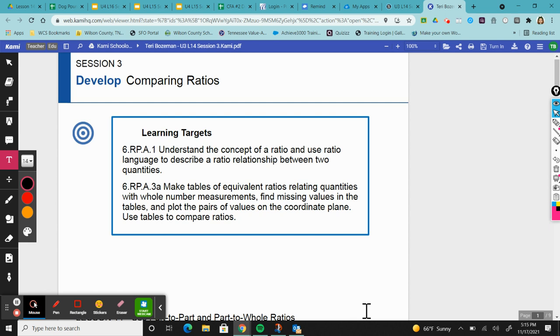Previously, we did sessions 1 and 2 together combined, and in that lesson, we looked at our steps for comparing total parts to a total amount when looking at ratios. So now today we're looking at comparing ratios. So still talking about ratios, still finding equivalent ratios, using tables and different strategies and methods to help us find equivalent ratios. Okay, so